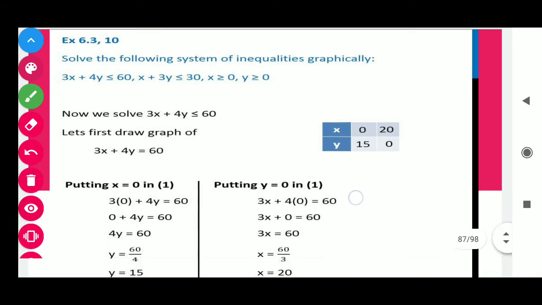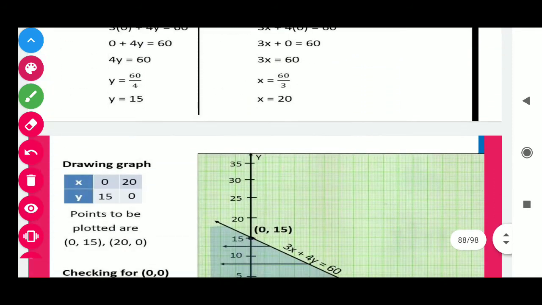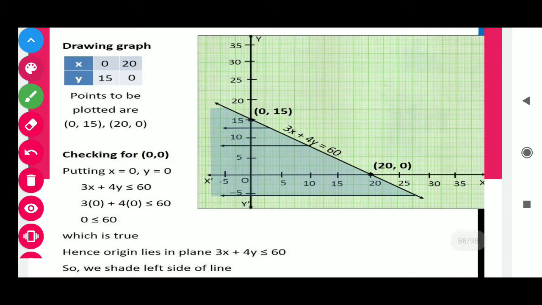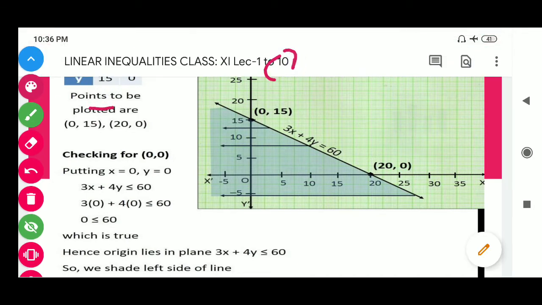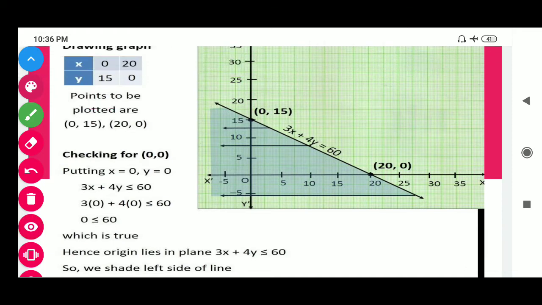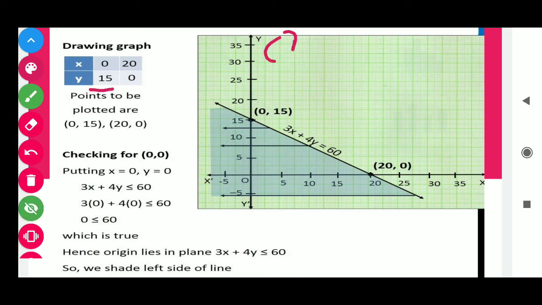Now here we have the 2 points. Now it's time to plot these points on the graph paper. So students, first make 0, 15. X is 0 on the y-axis, we know that. And 0, 15 lies on the y-axis. So students, in this way you can see here 0, 15 is the point that lies between 10 and 20. You can see we mark the points at a distance 5, 10, 15, 20, all are equal in distance.